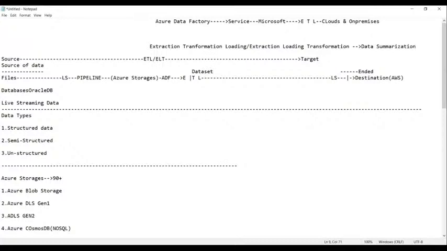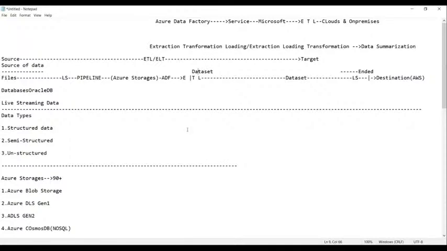Now again, after the loading, we require one more data set. That means this data set is called the source data set. This data set is called what? Target data set ultimately. Source data set and target data set.